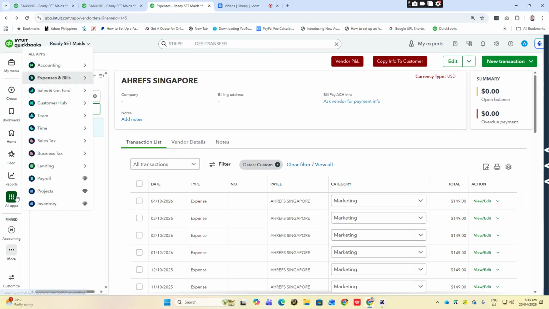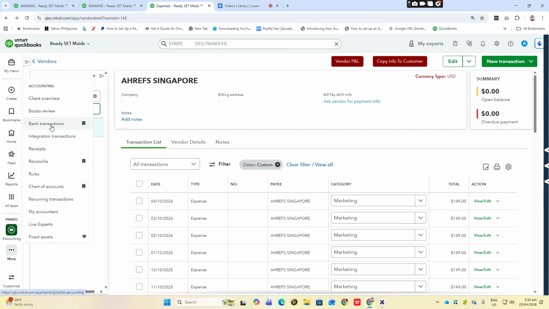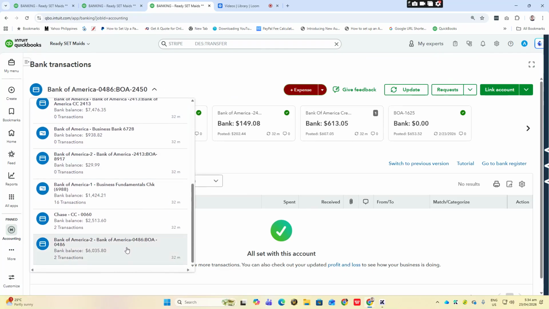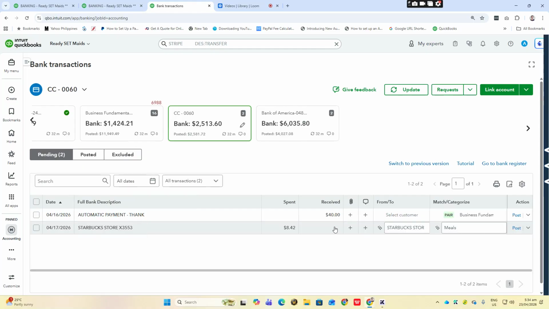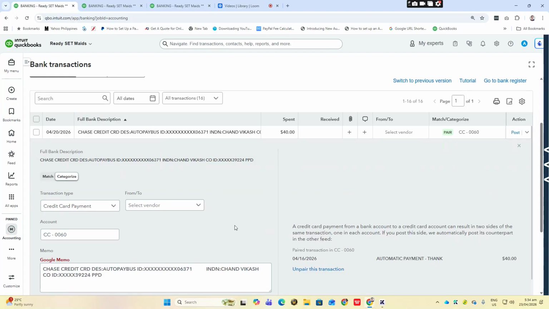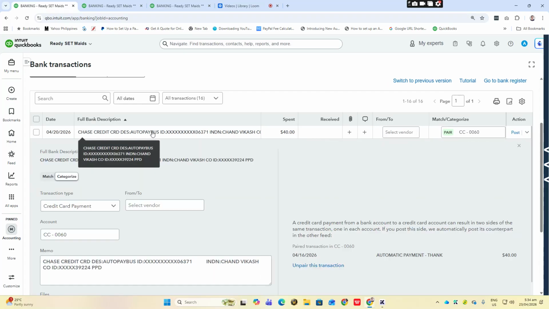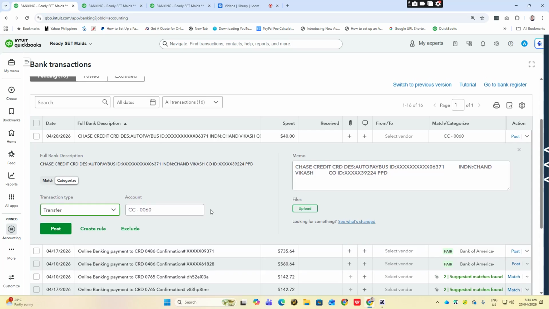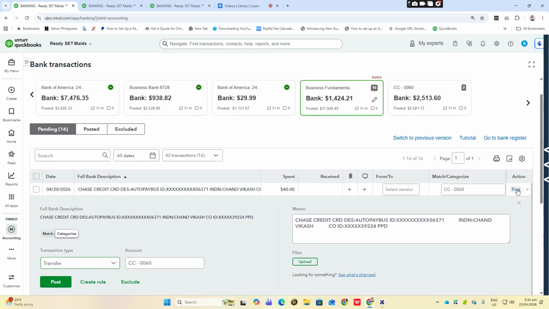Okay, so I'm going to check this first. So 060. So do we have 40? April 16? Yes, we have 40. Chase credit card. Received. This one is spent. So this could be transfer 0060. Okay, so post.